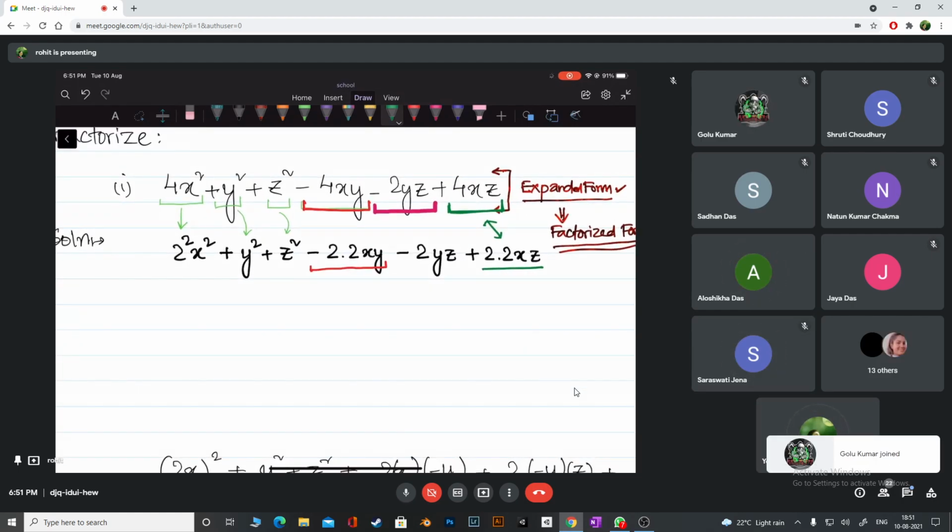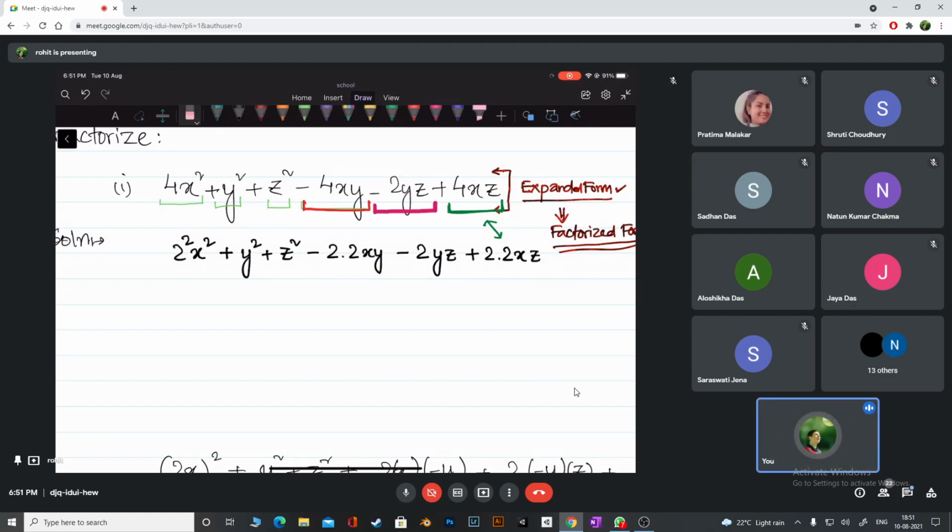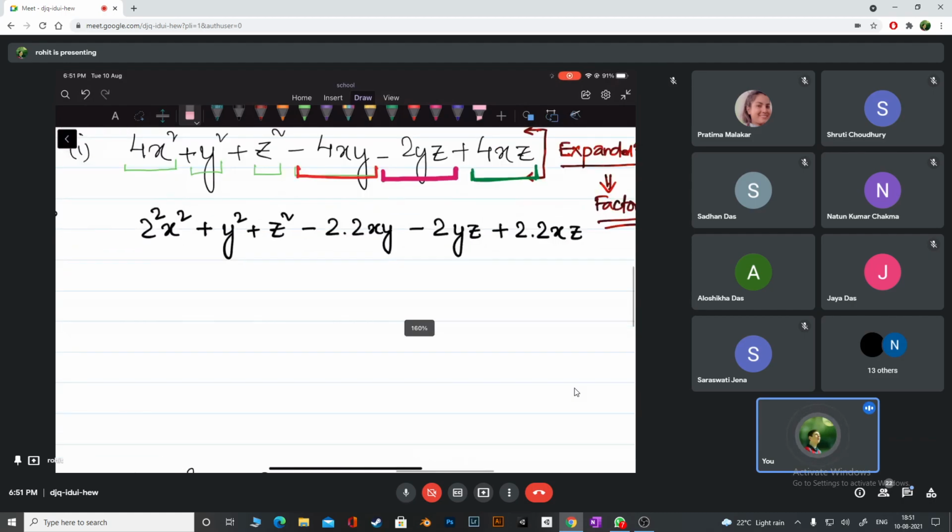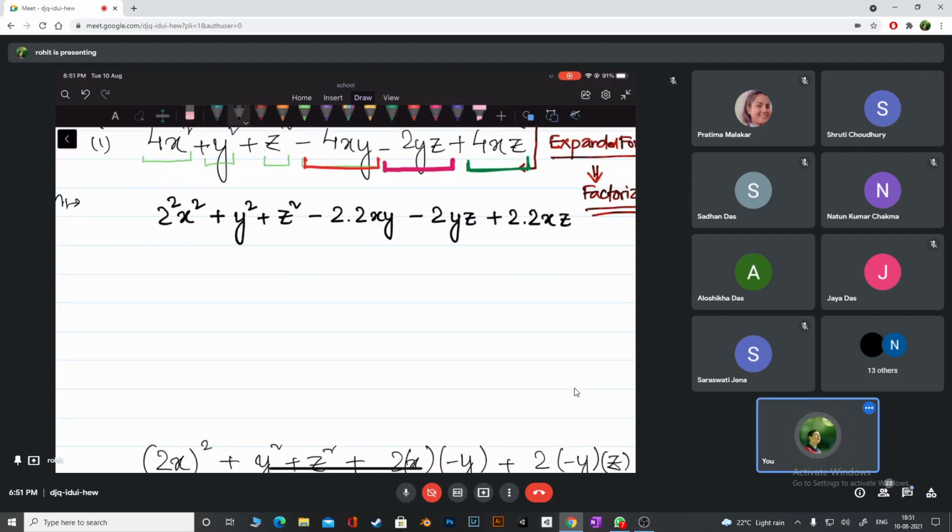Okay, now check. Look at the next step now. It's very, very nice. You will learn why we have written it like that and why we did not write 2 square. Okay, please check. Concentrate like anything. Let's write this one first, 2 into x. Tell me what can I write for this? Can I write 2x, or 2 and x and whole thing square? Can I do this or not? Yes, sir. 2 has square, even x has square. I can write 2x whole thing square. Is it clear? All of you check. Yes, sir. Okay, very good.